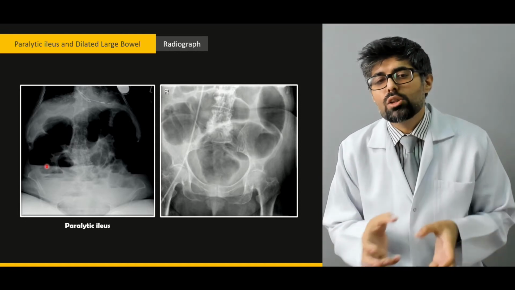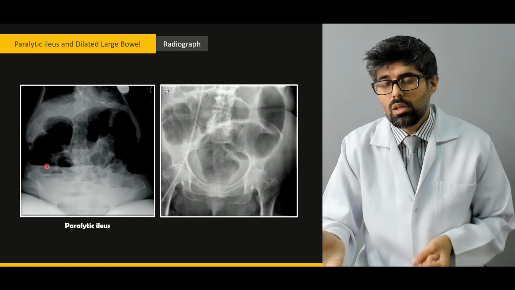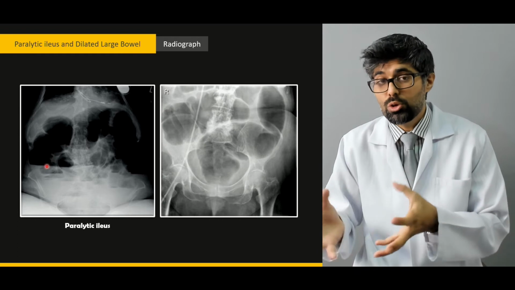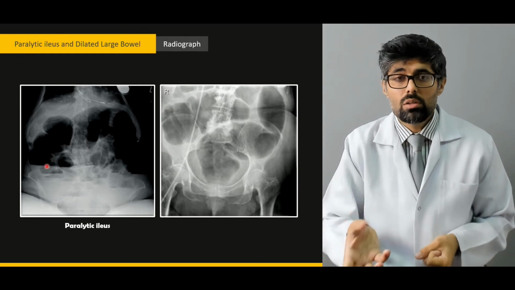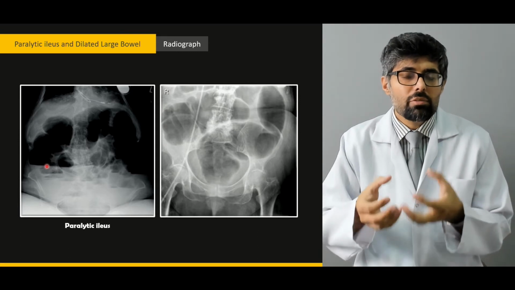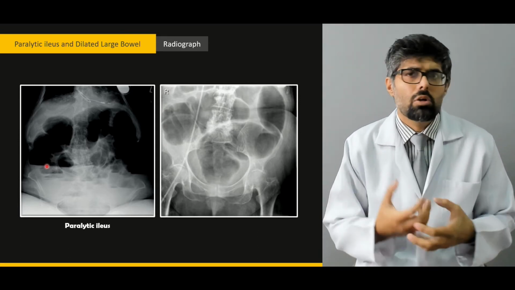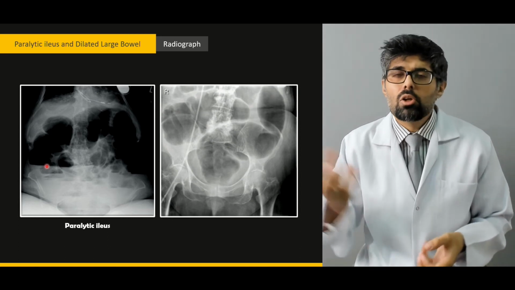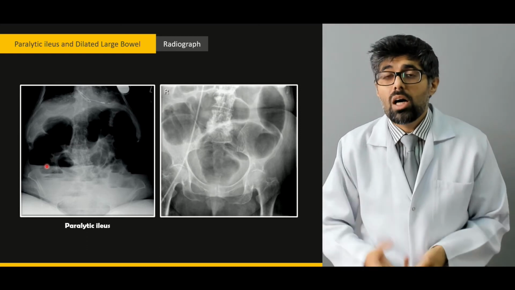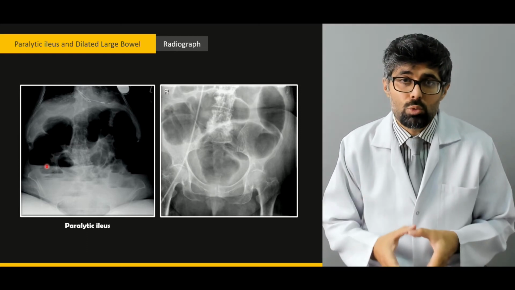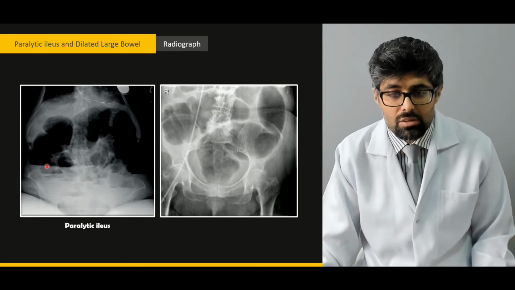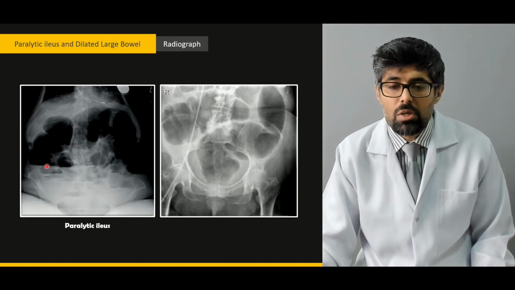Now, sometimes this can also happen in the large intestine. The large intestine is usually made of the colon, the sigmoid colon, the rectum, and then the anus. If there is a rectal mass, a rectal polyp, or even compacted stool inside the rectum, this will cause the large intestine to balloon out and have air trapped inside it, and this will result in a picture much like this one,